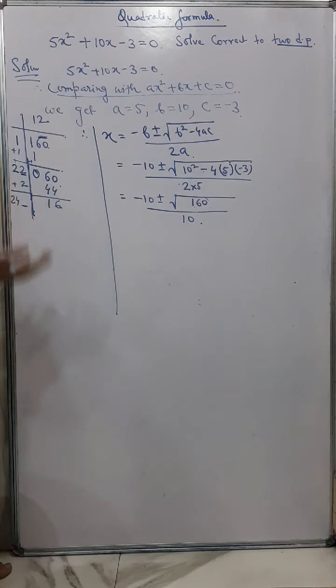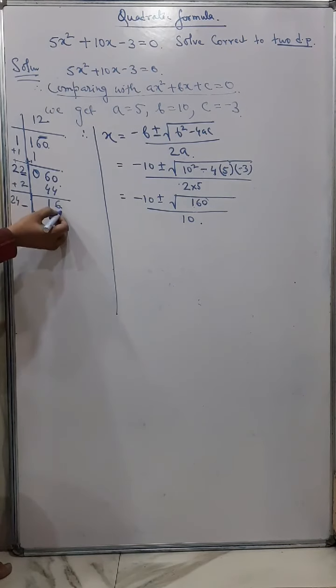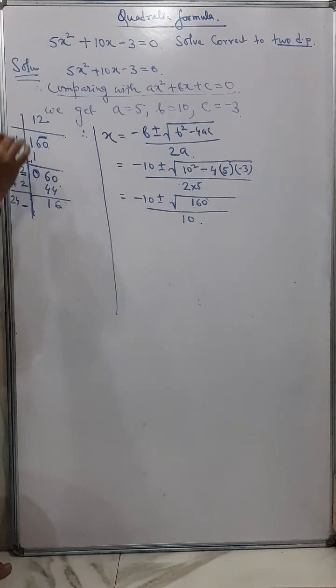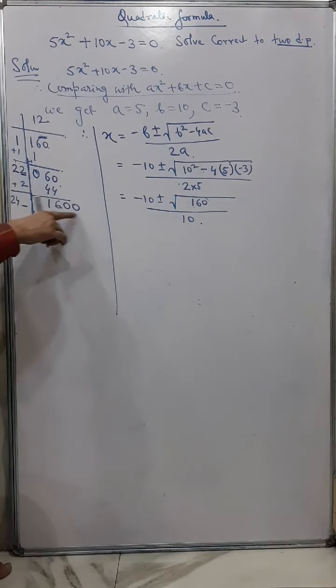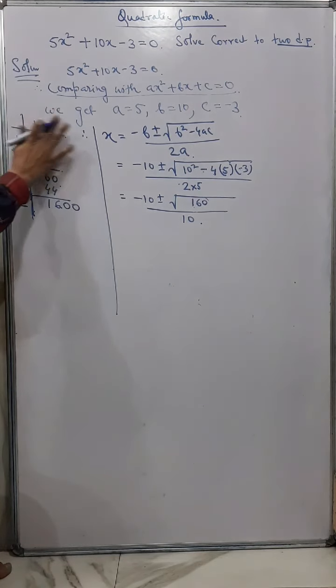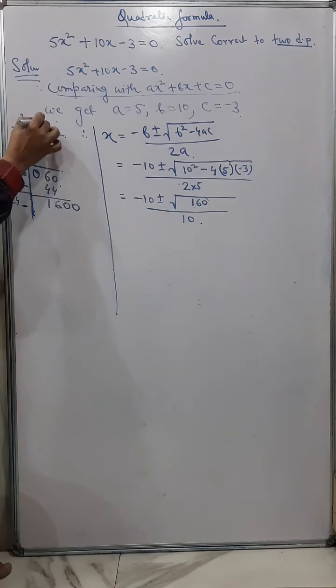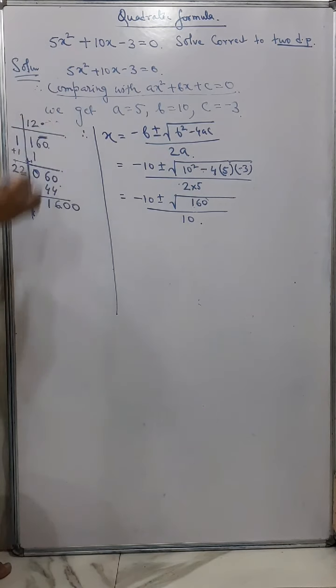Now if you remember, in case of division, what we do, if a certain number is not getting divided, we put 0 and then we put point. But in this square root, we'll always put 00. So when you put 00, now I will put point here. So understand? So finally I get what? 12 point. So I'll put point here now.